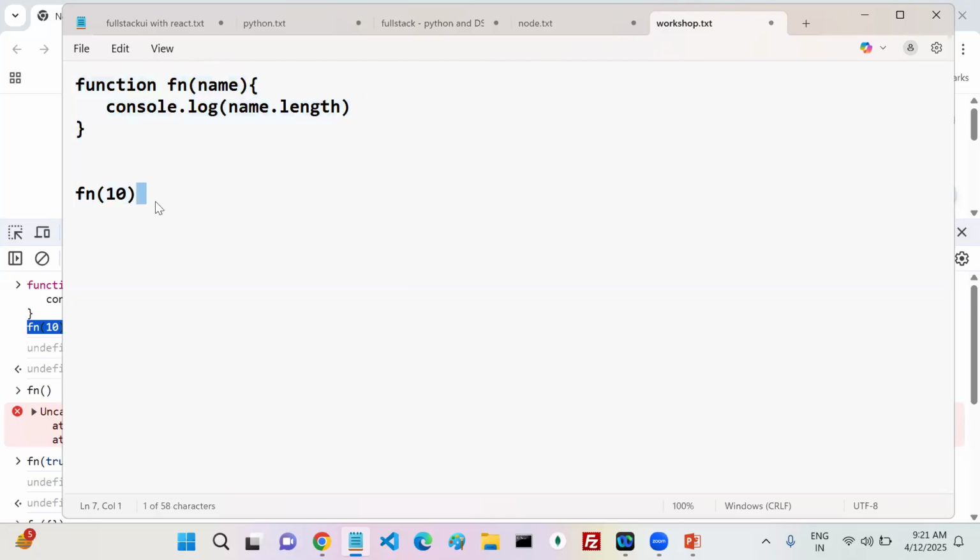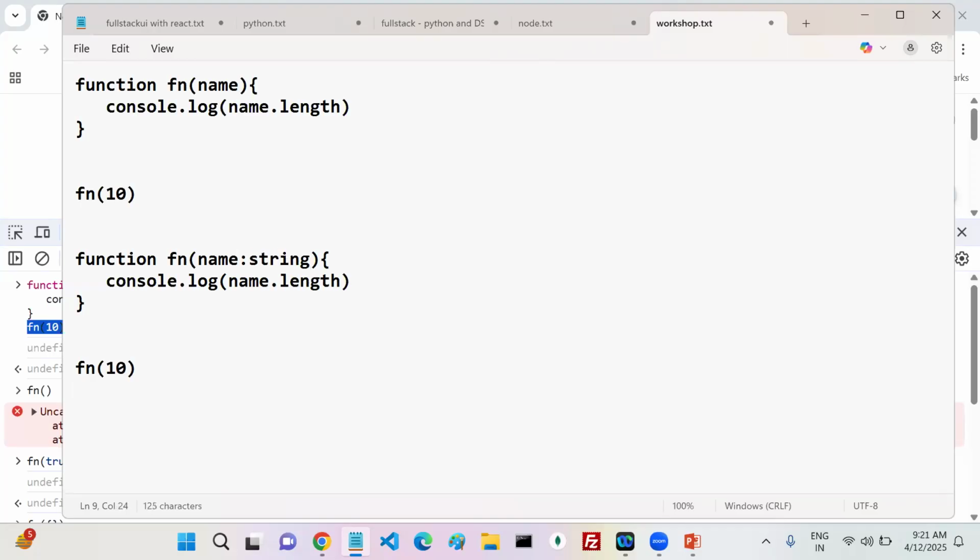Syntactically, code wise, you can just write like this. Wherever the type is required for the members, there you can mention the type. Now see, name is there. I am expecting name as a string. So you can give the colon and you can give the type for that particular member. Now, whenever you write name as string, if you write FN10, it is going to alert you: "Hey, they're expecting string, you are passing 10, please check."